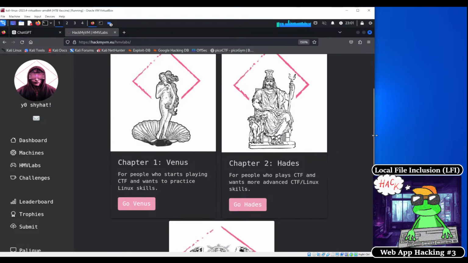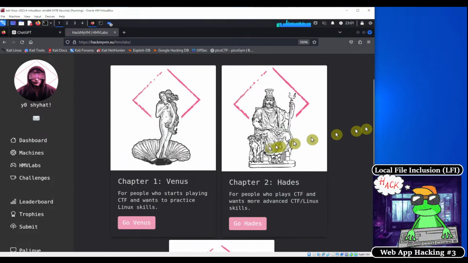First I'm going to do some walkthroughs of the exercises at the easy level CTF labs, which is called Venus. We'll do that for about an hour, and then we're going to work on some easy level virtual machines at